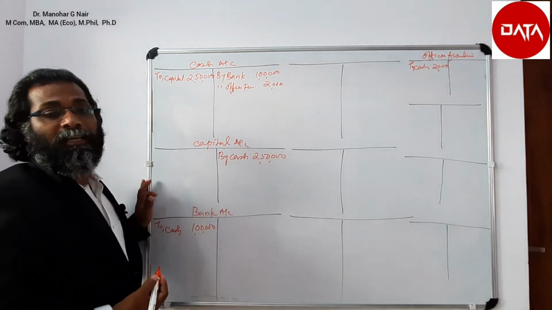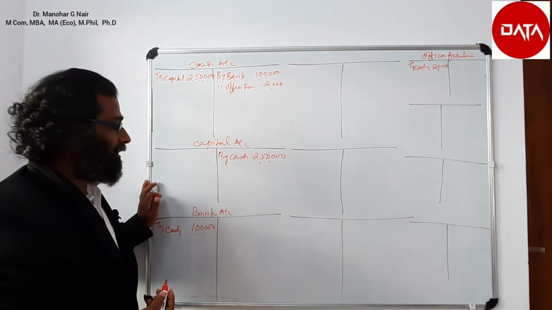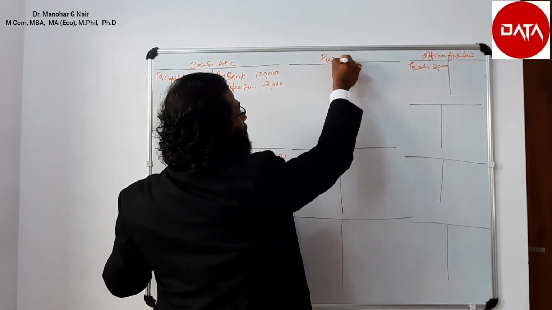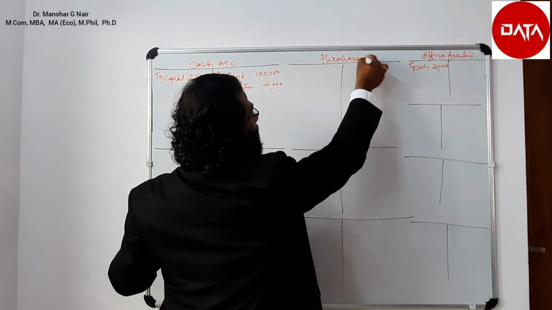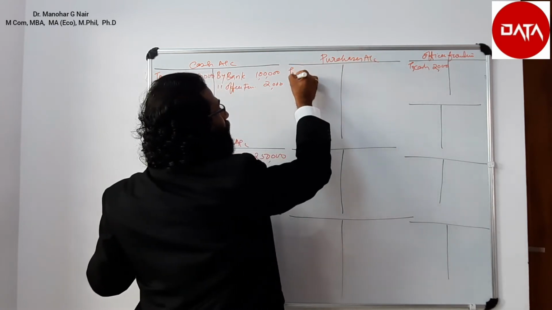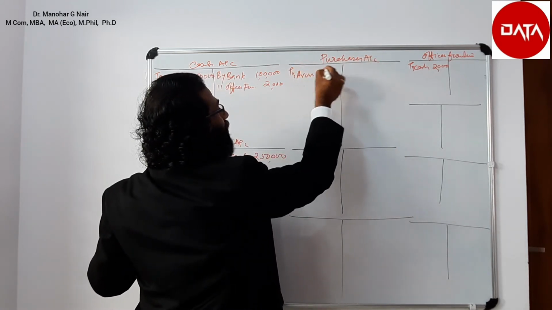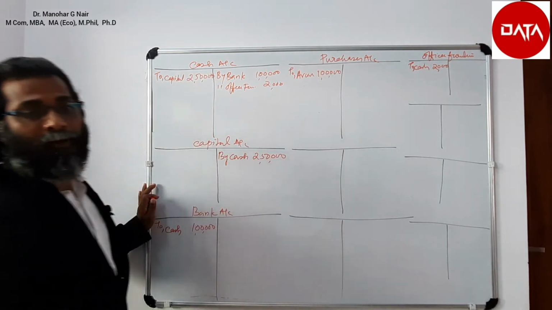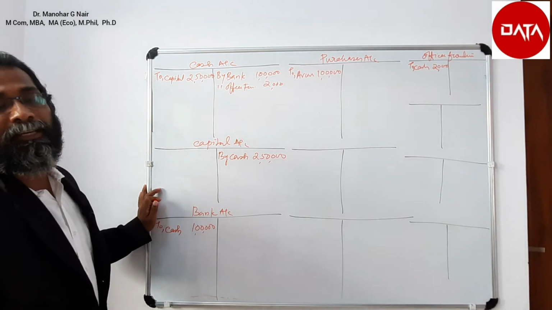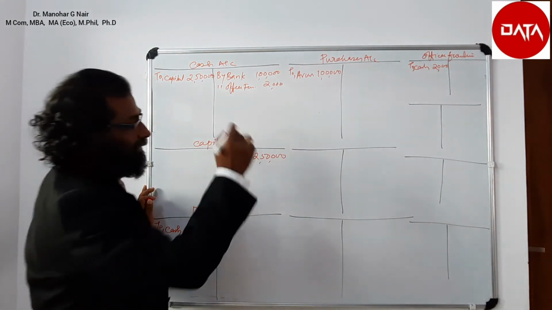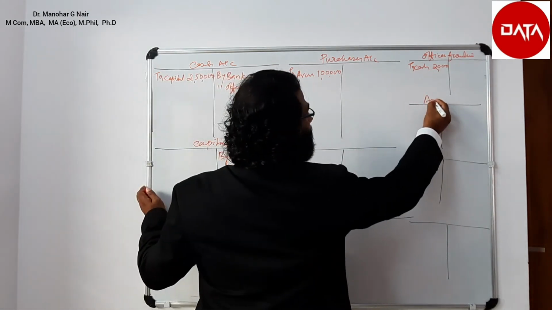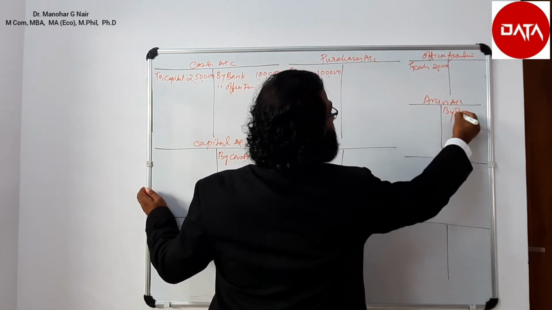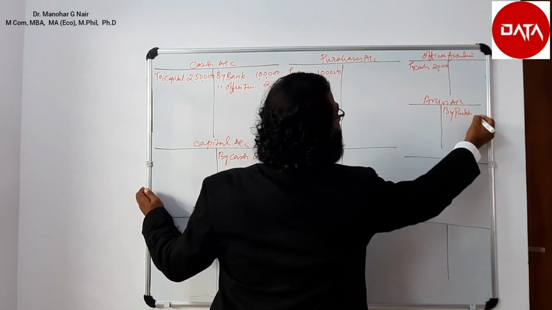Now purchases account debtor to Arun. Next journal entry. So we need another ledger account, purchases account, to Arun, amount 1 lakh. Purchased from Arun, 1 lakh. Then we need another account, that is Arun account. Arun account, by purchases, value 1 lakh.